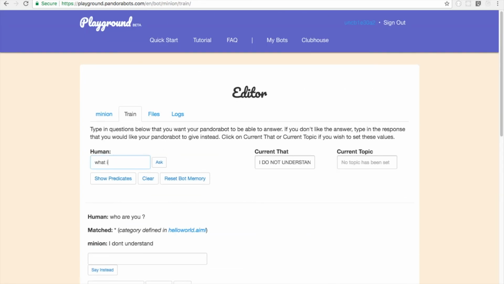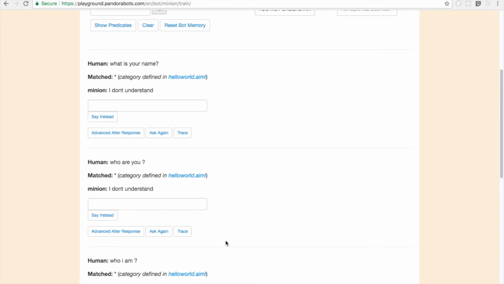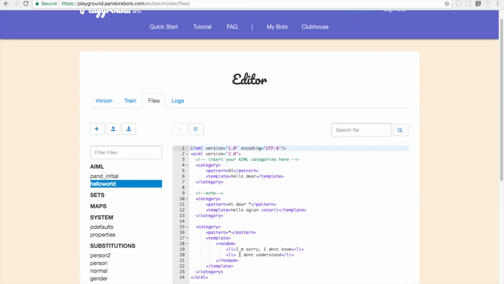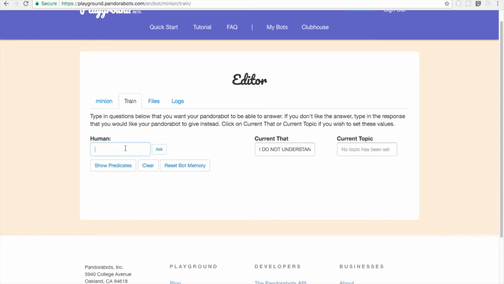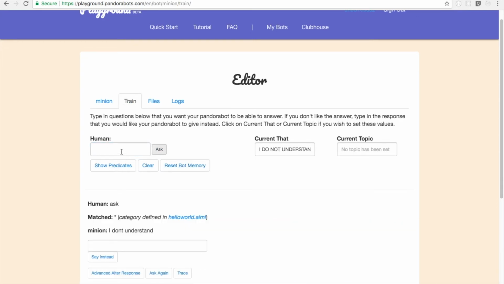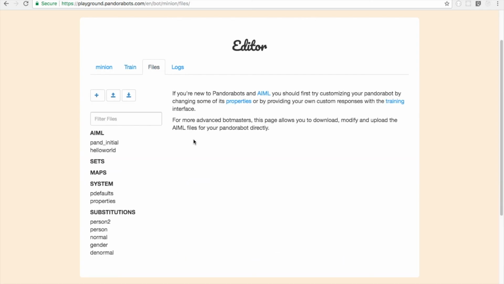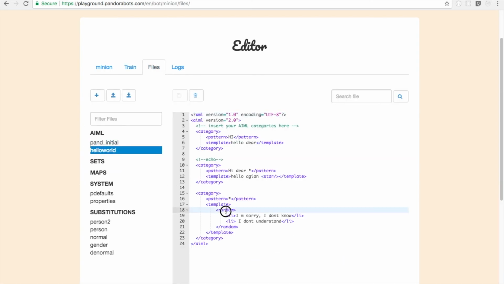So, what is your name? Ask. So it's giving us the list that we have defined here, like "I'm sorry, I don't know," "I don't understand." So we can keep training him like this. It says "I don't understand," and then it says "I am sorry, I don't know." So the user will not be able to understand whether it's a default value or not. That's nice. It's going to be randomized. So once you give random, this is not under our control. Whatever list you have defined here, it gives a random output, so it's not under our control.